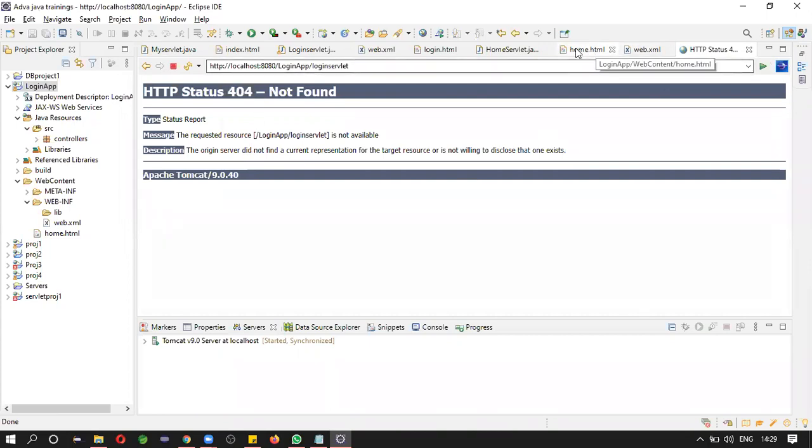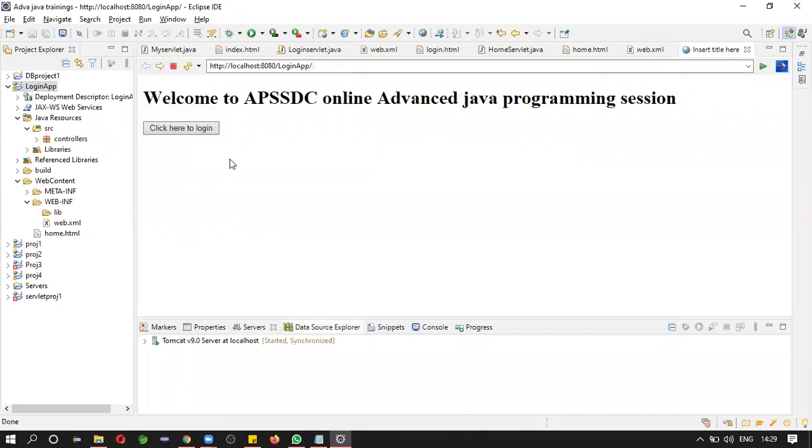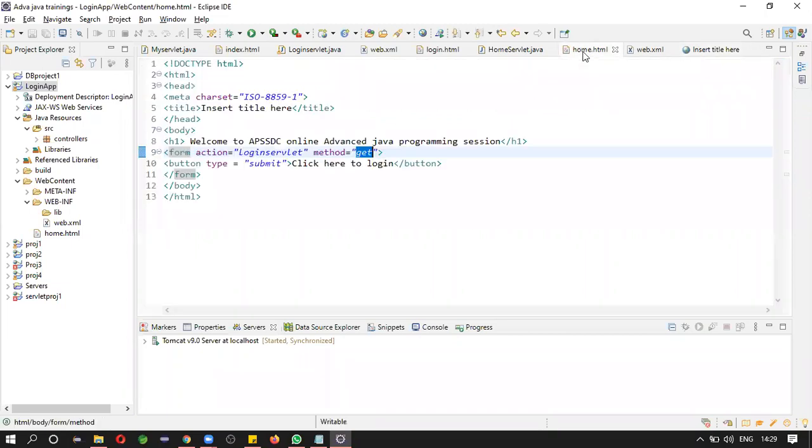You are mentioning that this is the servlet and this is the type of the method. Whenever you click on this login button, it will trigger an action. So in turn, it will try to call this servlet.